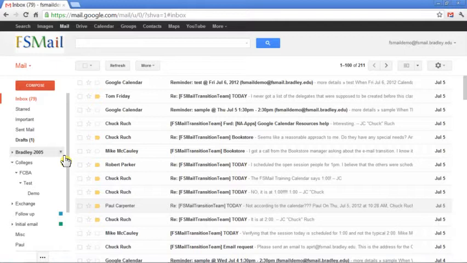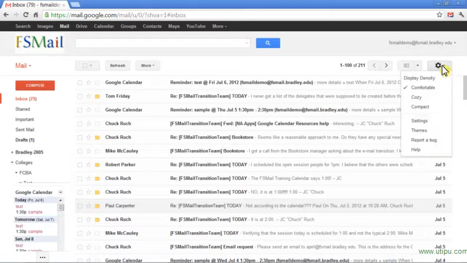I own the address crook@bradley.edu. That's an alias for my FSMail account. And I also own the account crook@bumail.bradley.edu. I don't want to get overly confused about this, but I want to take you through the process of